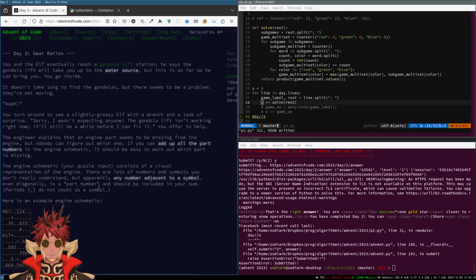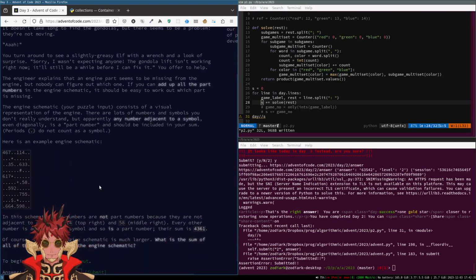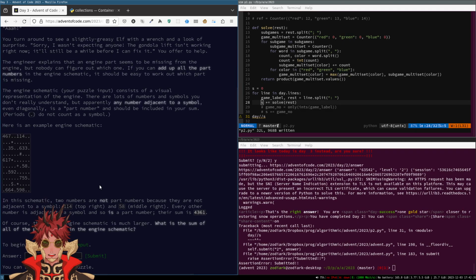Day 3. This is a grid. Lots of numbers. Wow, we got some grid analysis. Oh boy. Okay, so we're going to find all the numbers that are adjacent to a symbol that's not a period.